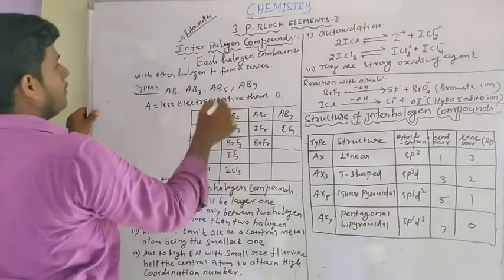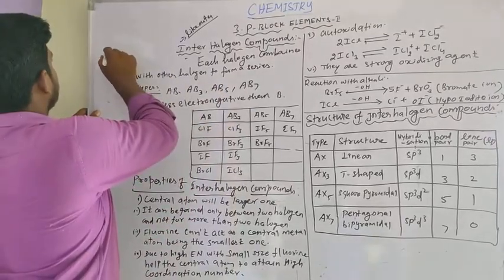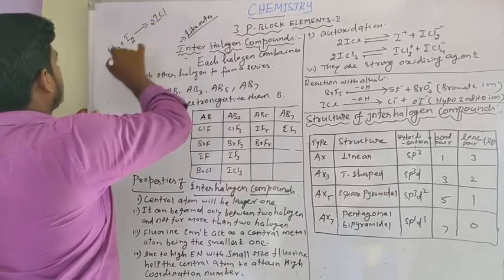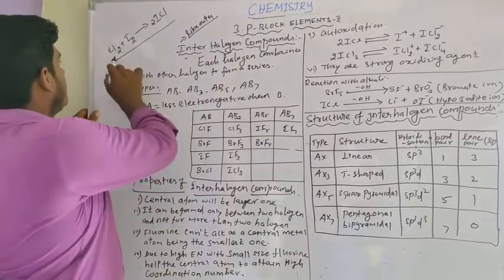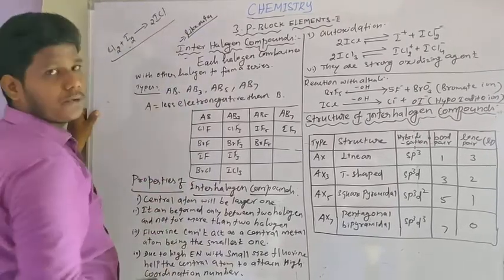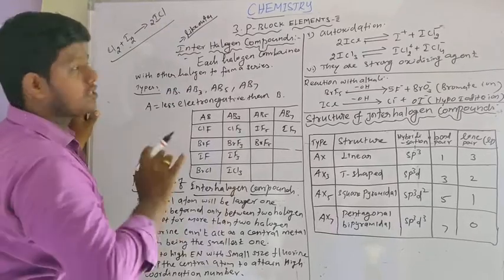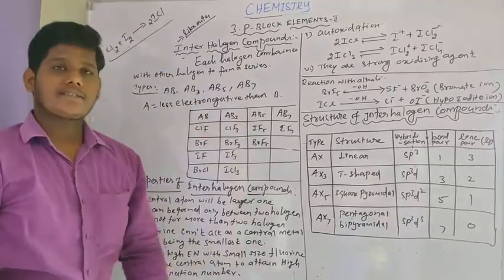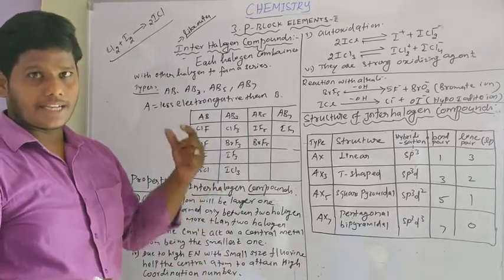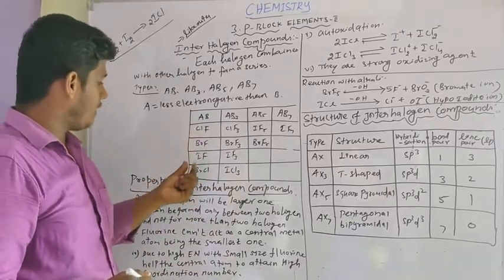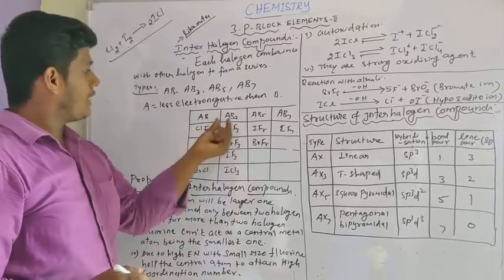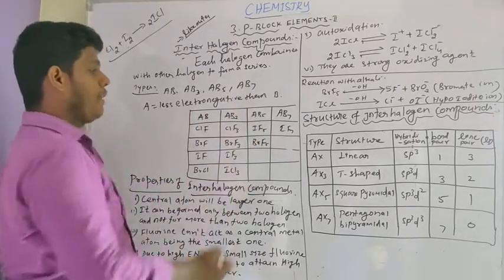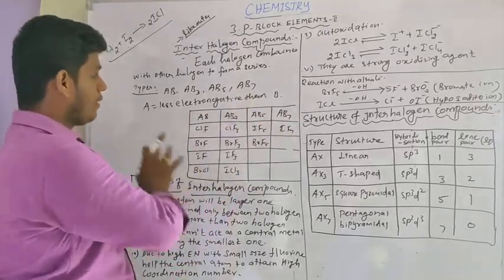Suppose I take chlorine plus iodine to form ICl. That is called an interhalogen compound. Two halogens combine to form another compound. That's all. So that is some of the preparation examples. You prepare many examples at high temperature, with some inert gases. Usually you prepare ClF, BrF, IF, and BrF. That is called AB type. AB3 type: ClF3, BrF3, IF3, ICl3. AB5: IF5, BrF5. AB7: IF7. These are several compounds prepared.